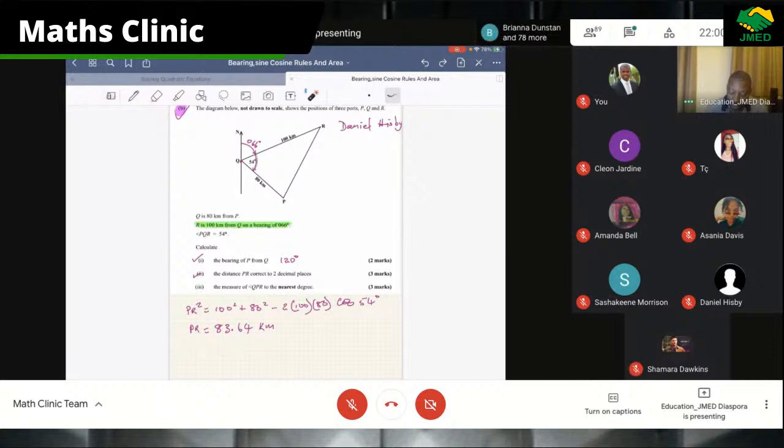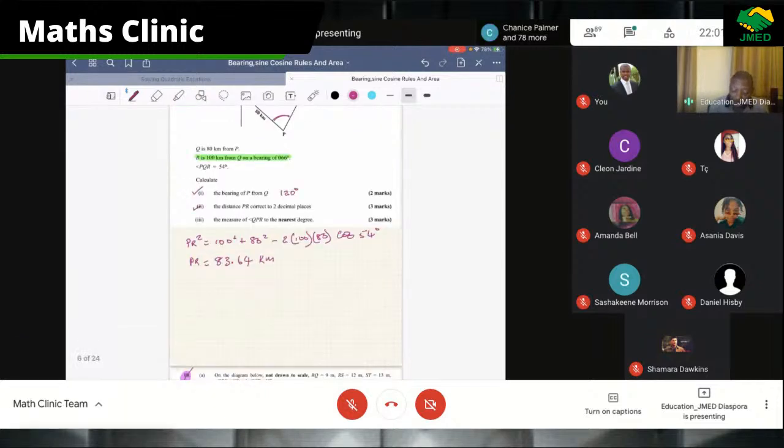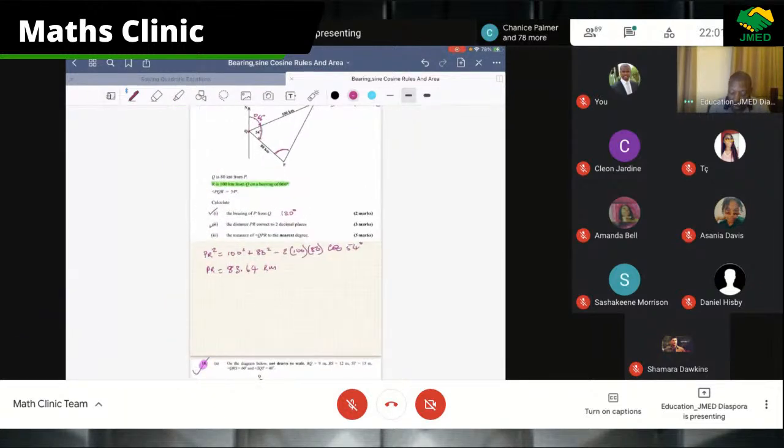Oh, okay. Then it says we're to calculate the measure of QPR to the nearest degree. So we're finding this angle now. Once we're finding that angle, we now have a pair, don't we? So we can use the sine rule now because we are given a pair. So we are going to say sine P over 100 is equal to